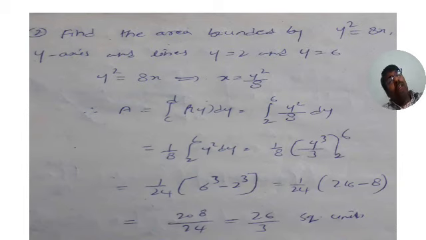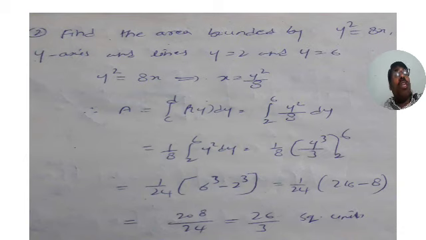What must the curve be? The curve must be x is equal to f of y. But what is given is y square is equal to 8x. Write y square is equal to 8x as x is equal to, because as per the second formula, x is equal to f of y is a curve, the area enclosed by the curve x is equal to f of y.